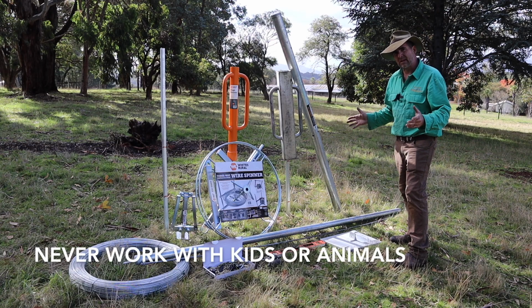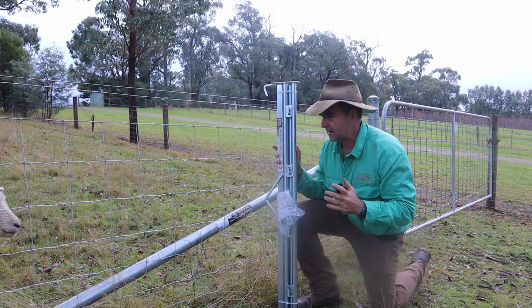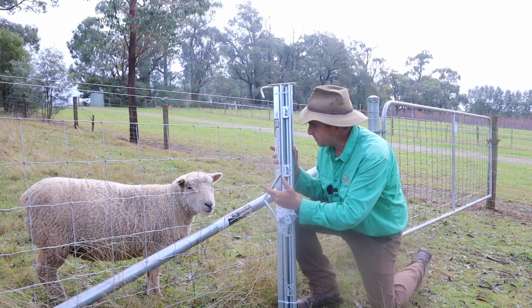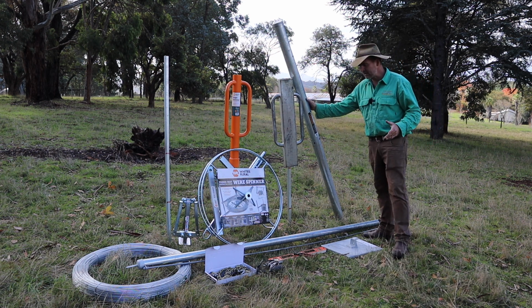Now I've put together some gear that I think... and of course we mustn't forget, if you're going to be straining up prefabricated mesh, such as sheet mesh... I'm going to start out talking about the end assemblies that I'm using. Now I'm using the stock post end post and the stock